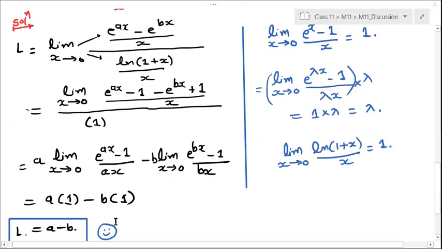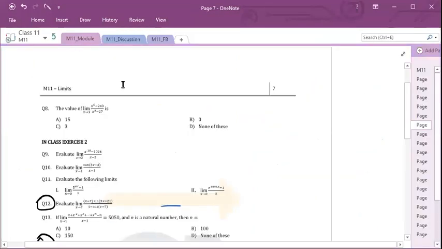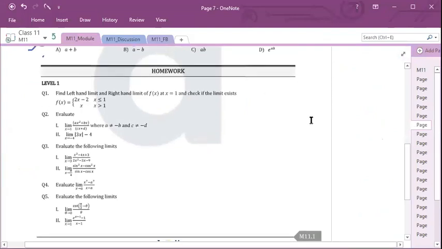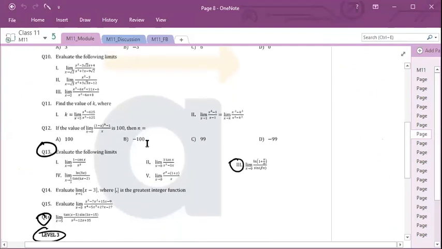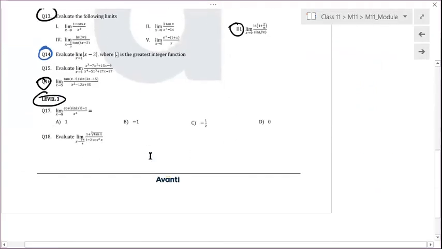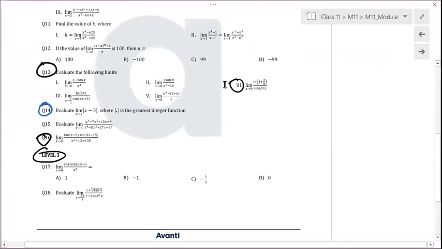Shall we move to the next question now? Now, your homework questions. In homework level 1 you are not having any doubt. In level 2 you are having doubt in question 13, and the homework question 14 was also mentioned. We will see that after this. So let us see this first. In question 13, are you having doubt in only this third part, or in the whole of question 13?